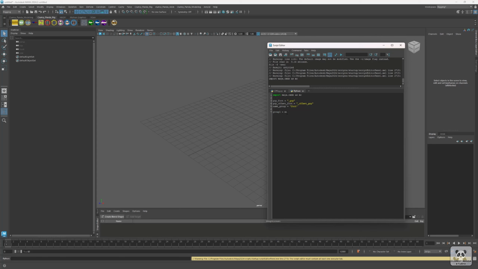MC created. I'm using the Maya commands right here, the MC command, so I know I'm pulling everything from there. So we're going to create a group, and we're going to create the empty group. So EM, or you can write the whole word empty. So we're going to create an empty group, and now we want to give it the name of the group. So the name of the group that we choose, it's right over here. So we already defined it. Now we can say name underscore group